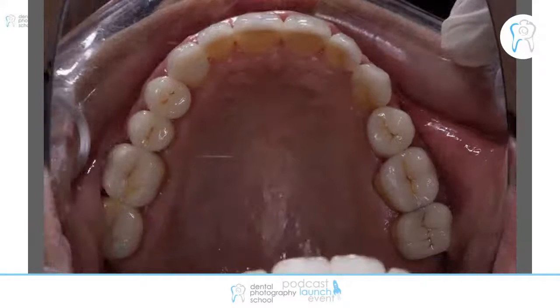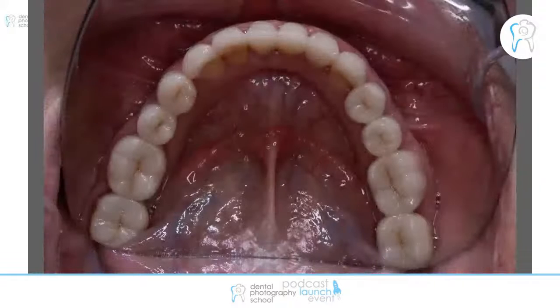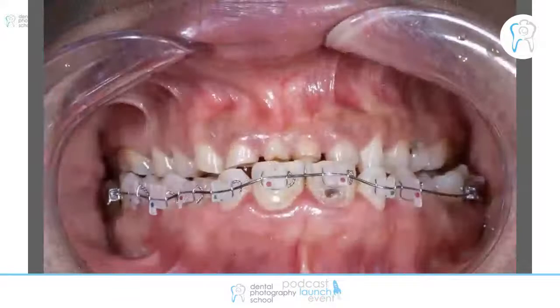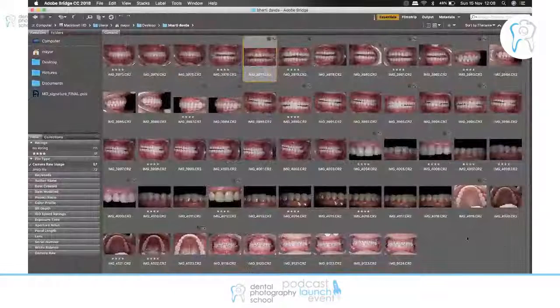In this particular image, I think I'll go ahead with this one and this one because it has more space as compared to the previous ones, and a couple of pre-operative pictures as well. So now you can see that we have 57 images in camera raw, but look on the top, you have